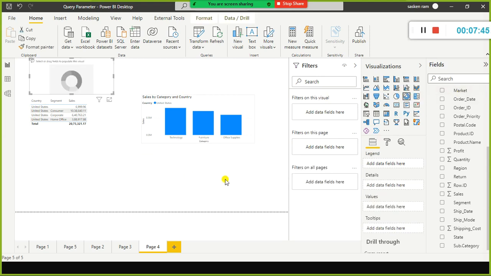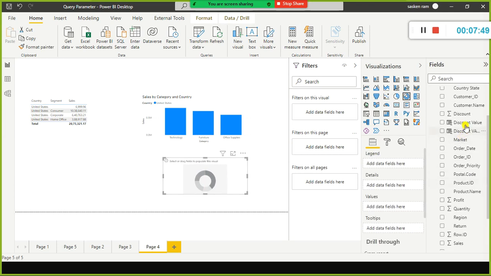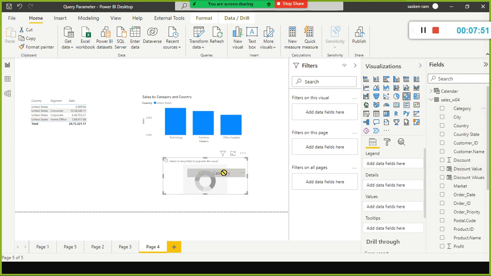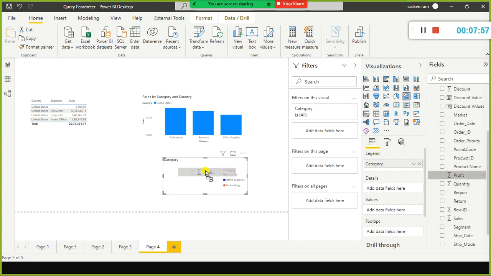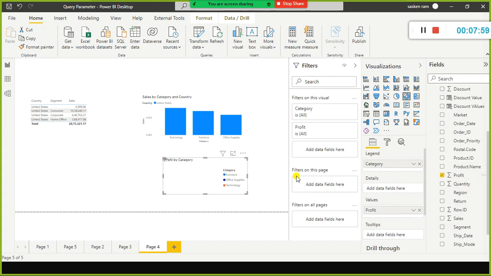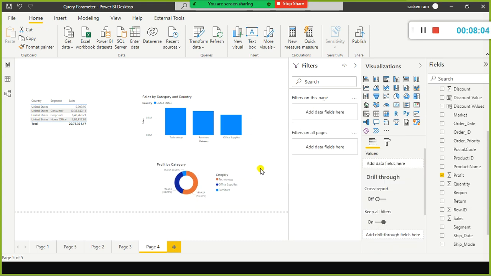Fine, this is one thing. By using a query parameter, we are not hard coding the value to filter the data. We are dynamically changing the value.